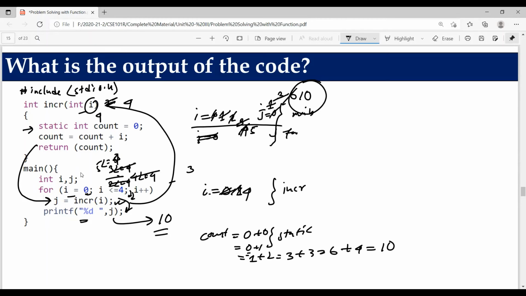Okay, so this is a demonstration of static storage class. As I discussed earlier, a static variable only gets initialized once. So you can see the first time it gets the value 0. Next time onwards it is holding its previous value. So I'm simply adding the value of this parameter to this count each and every time. Right? Let's proceed to the next.